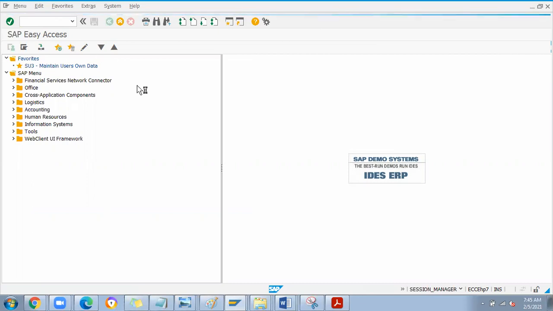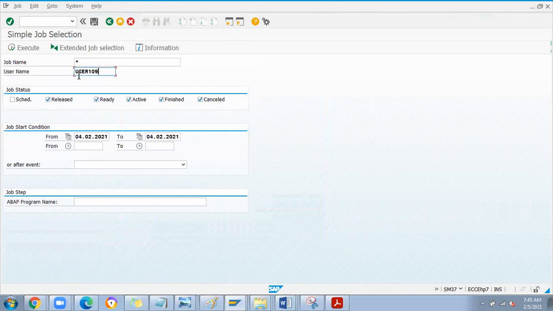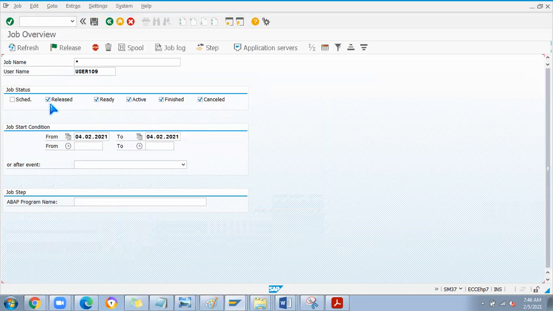Okay, I'm going to SM37 to show you the batch job which ran now. Okay, so with user 109 put star, because if you know the job name you can put the job name, and date from to this date. If you know the program name you can put the program name also, just to filter out. Here you can see scheduled, released, ready, active, finished, cancelled and all. If you execute this, it will show